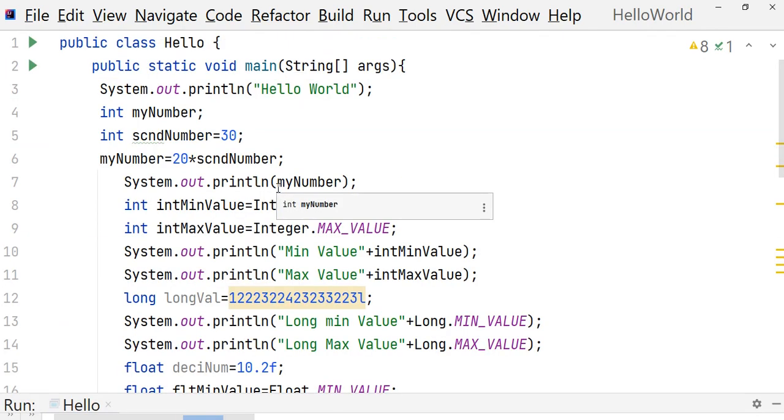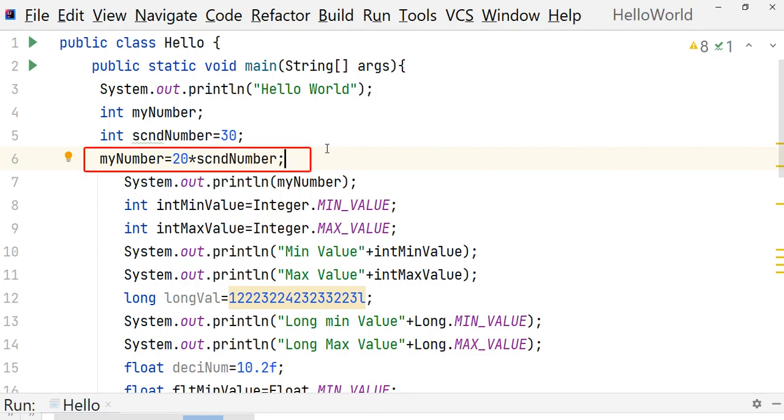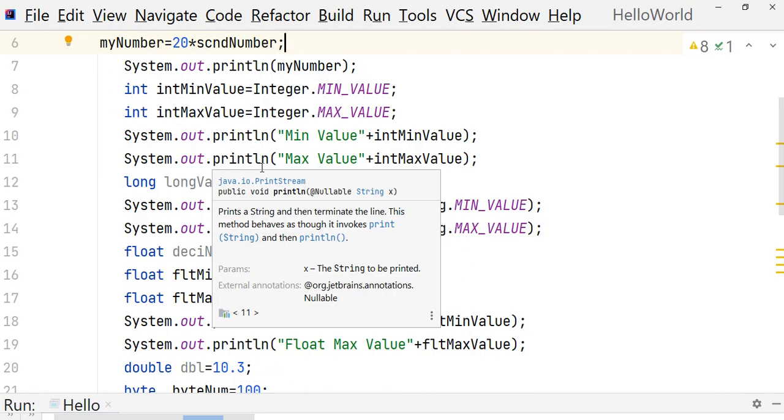Let us have a quick recap. When you declare a variable, you must specify the data type and variable name, and you should initialize the variable before you use it. You can initialize the variable with an expression and also with method calls, so you can call a method and save whatever the method returns. And we have 8 primitive data types like int, long, float, double, short, boolean, char, and byte. Each primitive type has one wrapper class. Using the wrapper class, we can get the min and max value of each data type.